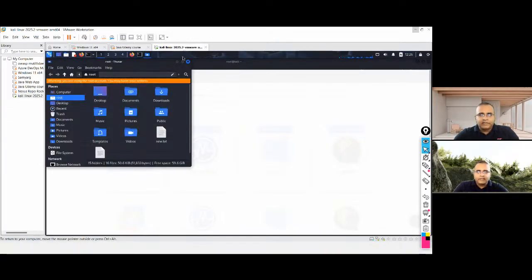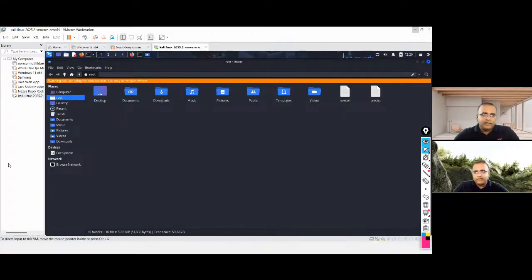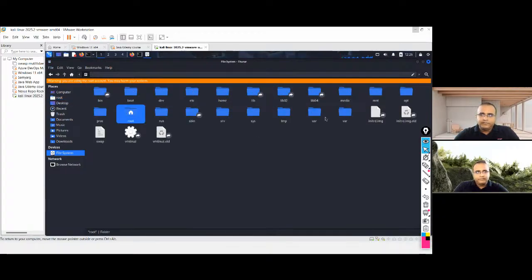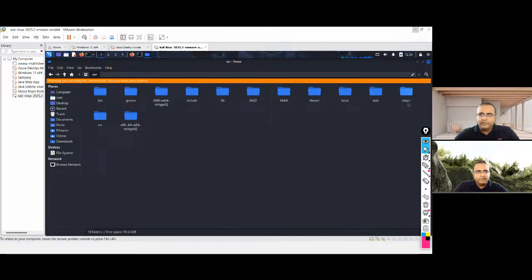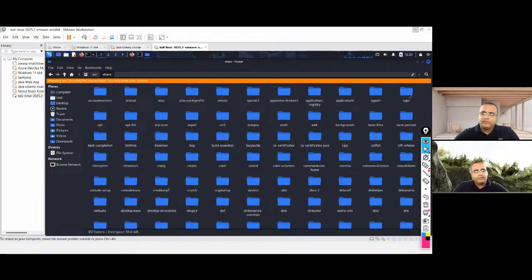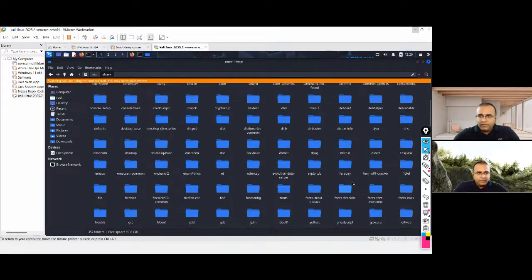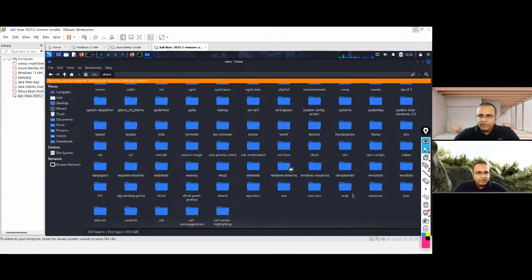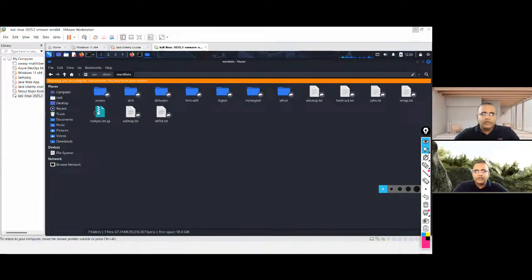In Kali Linux, by default, you will get something called rockyou.txt.